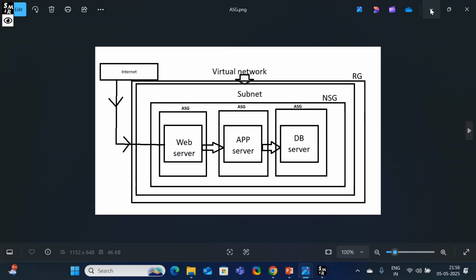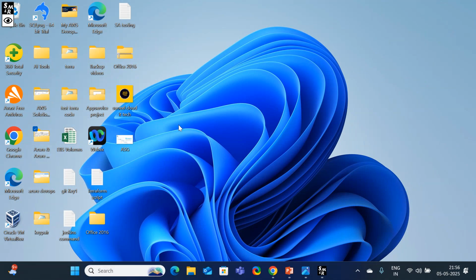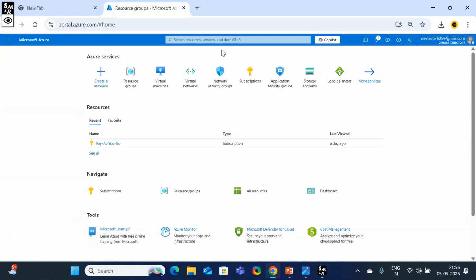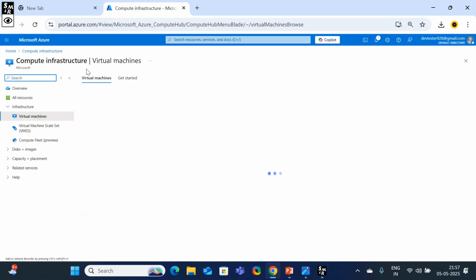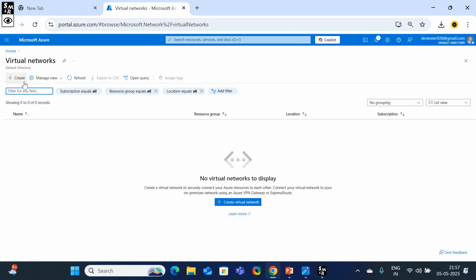Yes, this is the diagram. Just now I had created the resource group. What is the further thing I need to create? I need to create the virtual network. Here, go to the portal. So here I am going to create the virtual network. So click on the virtual network. Just click on create